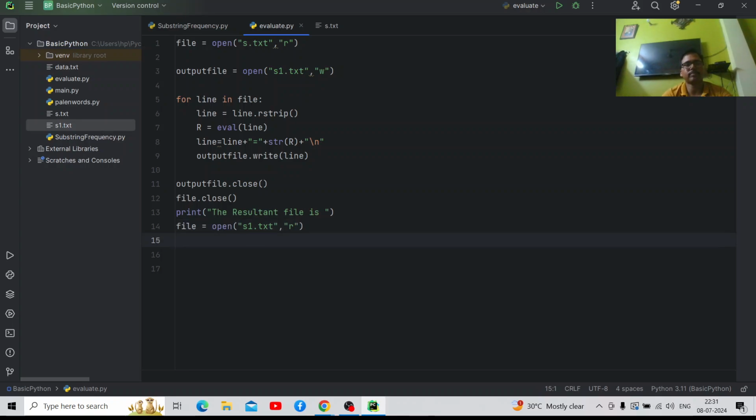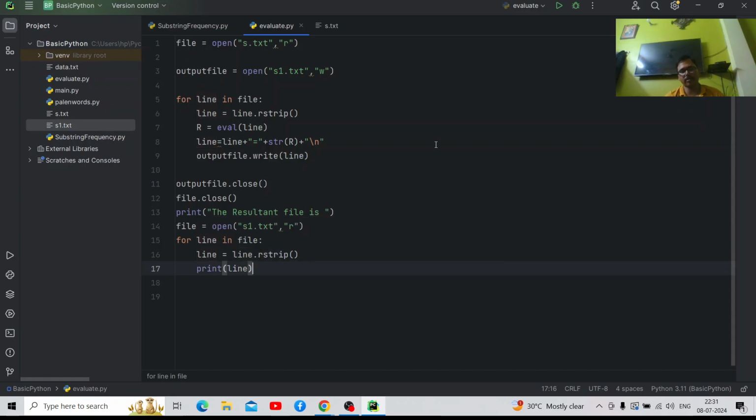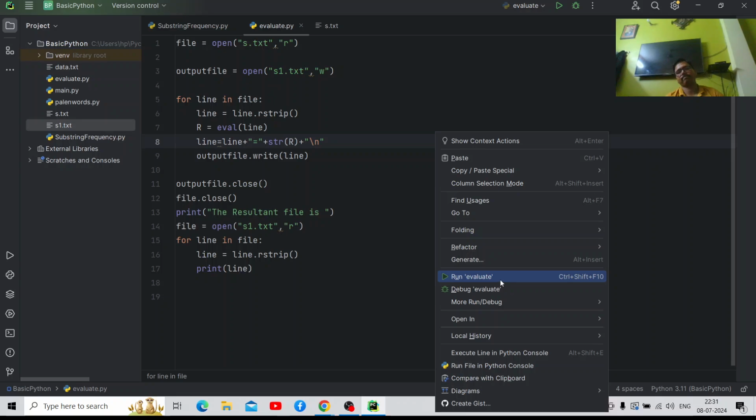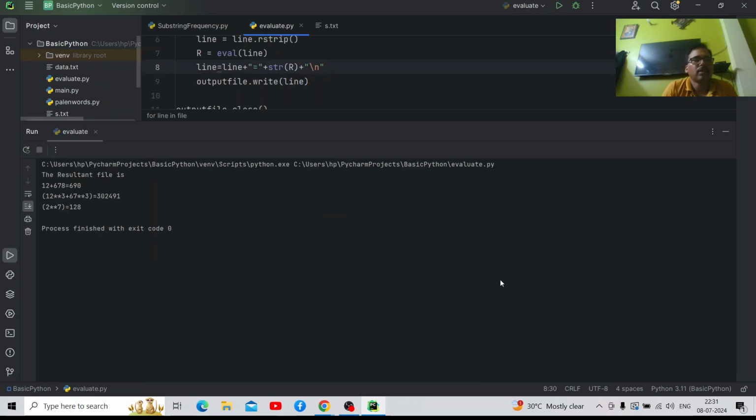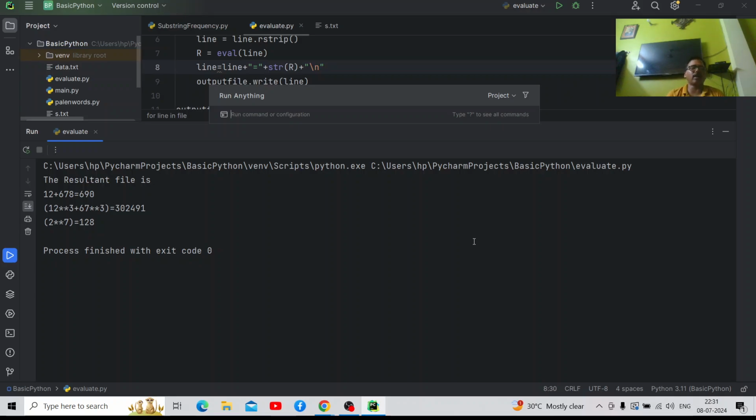Got it? Yes, sir. And for line in file, line is equal to line dot rstrip, and print line. That's it. ये beta resulting file. Yes, sir. Got it? Yes, sir. So this is the way you can create simple text files, and you can process the same.